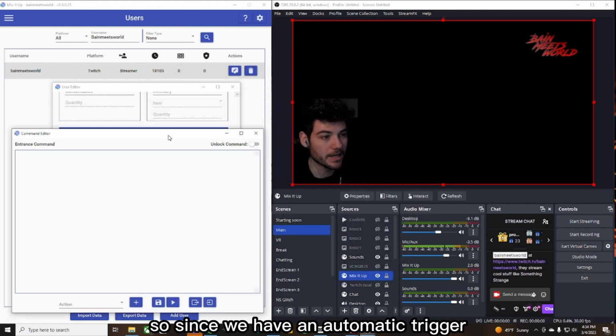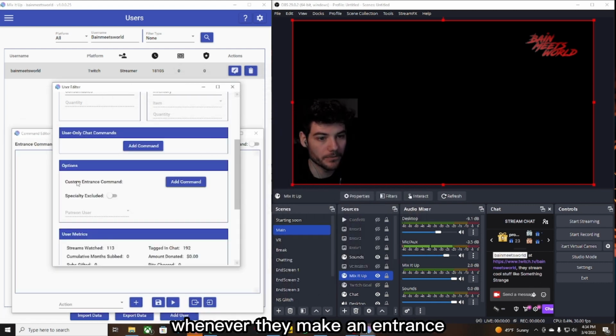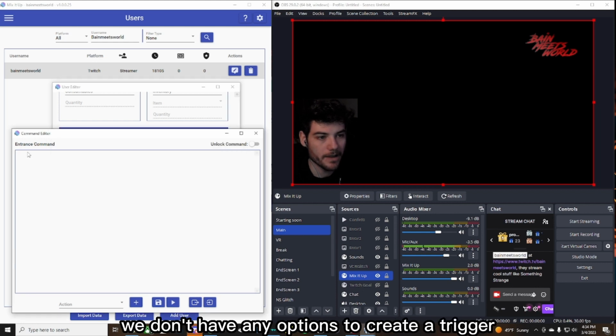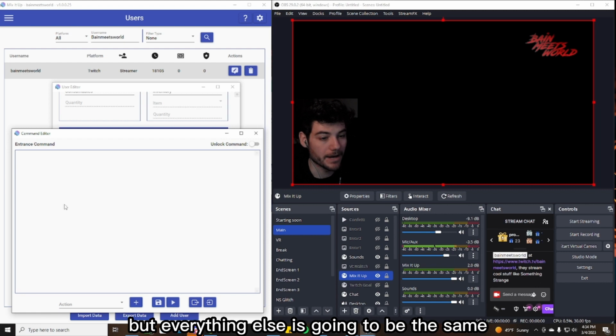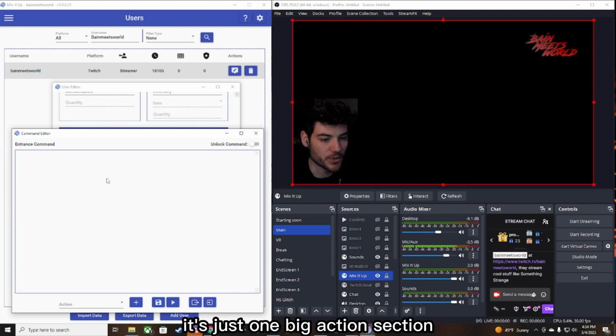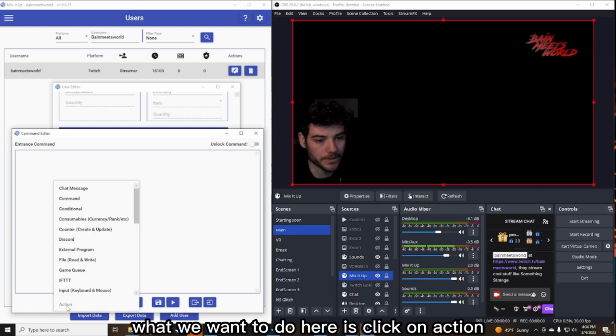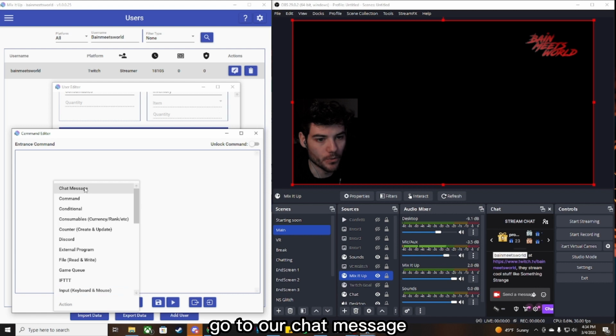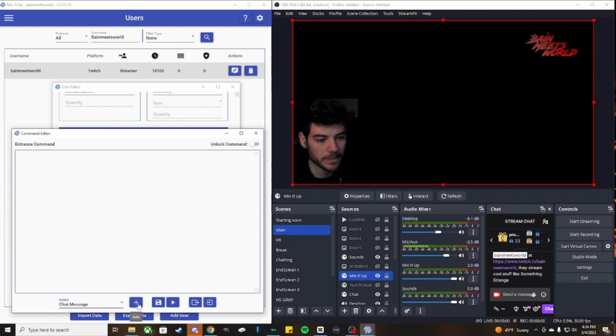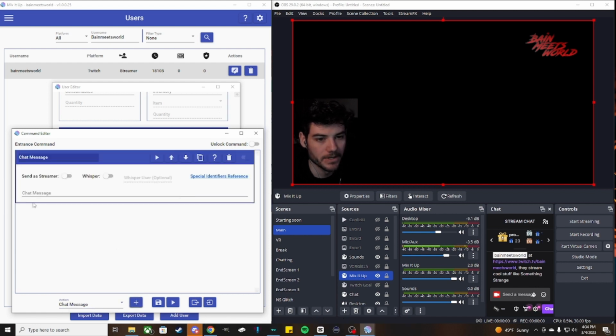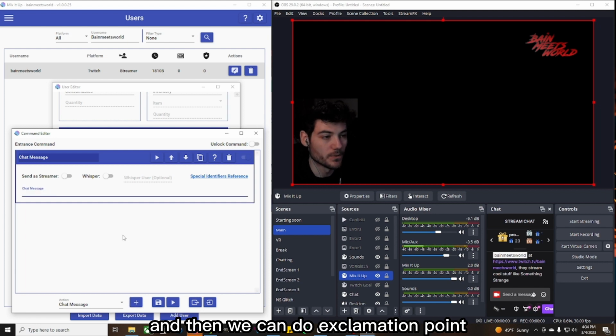So since we have an automatic trigger whenever they make an entrance, we don't have any options to create a trigger like we did with the shout out, but everything else is going to be the same. It's just one big action section. And again, it's completely empty. What we want to do here is click on action, go to our chat message, hit the plus sign to add it, and then we can do